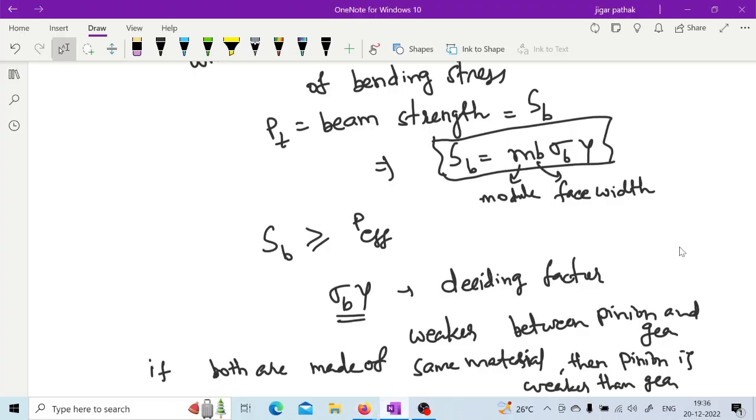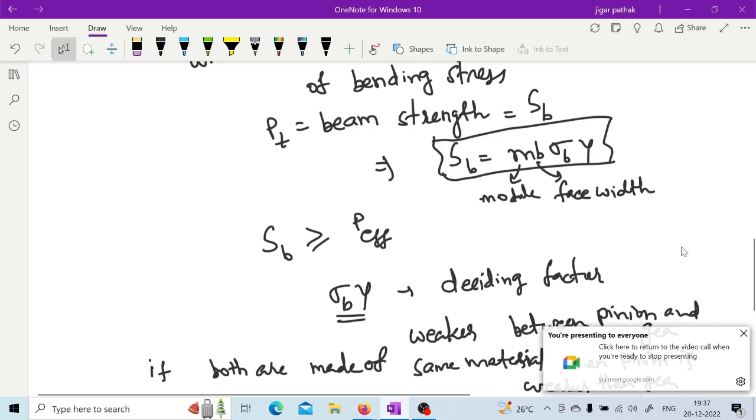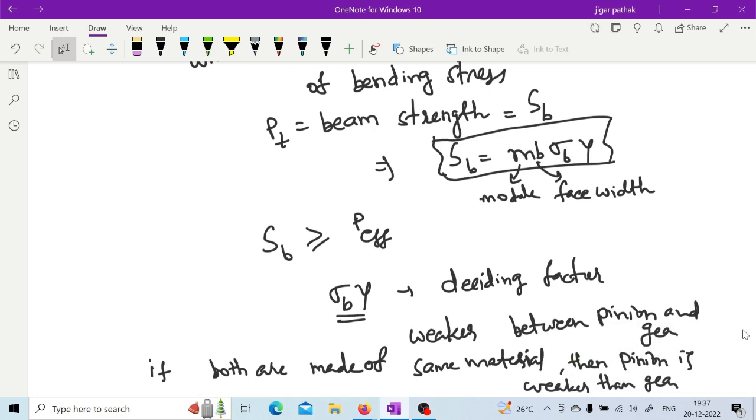So now, based on this, we can calculate the beam strength, right, and it is related to this static load, right. We have mentioned the static load and dynamic load while discussing destructive pitting, right, that wear load must be greater than the sum of static load and dynamic load. So this refers to the static load, right, for now. So once you have an idea about all this, then we can go further